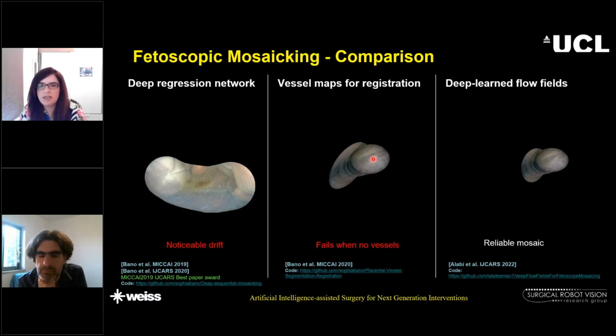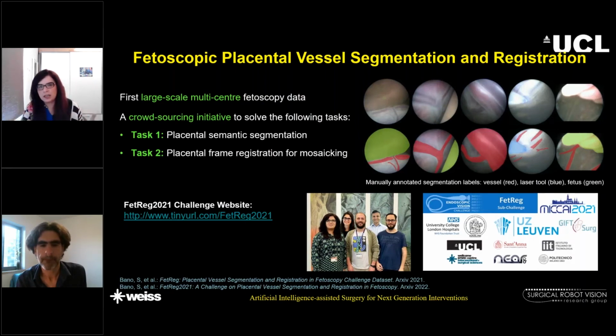So with this, we tested these algorithms on a data set of 6 videos, six short clips from fetoscopy. But since there is a lot of variation between different cases recorded in fetoscopy, and also a lot of variation that comes from data captured at different centers, we need to go beyond these 6 cases. So in an effort towards having generalized algorithms for the task of scene understanding in fetoscopy and for registration for mosaicing,